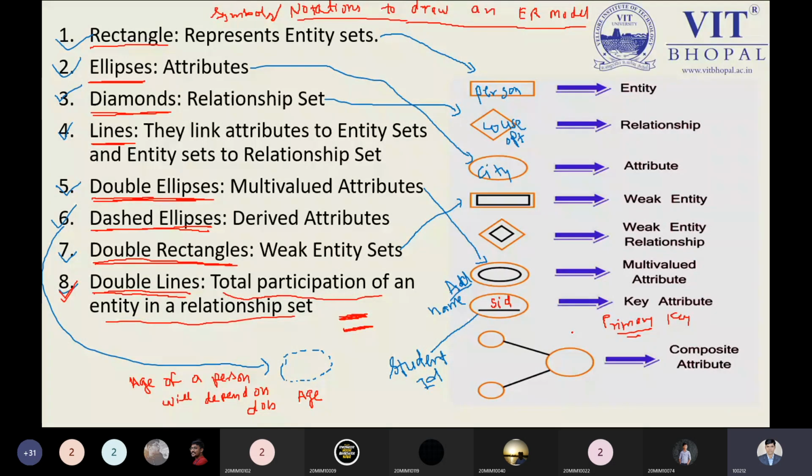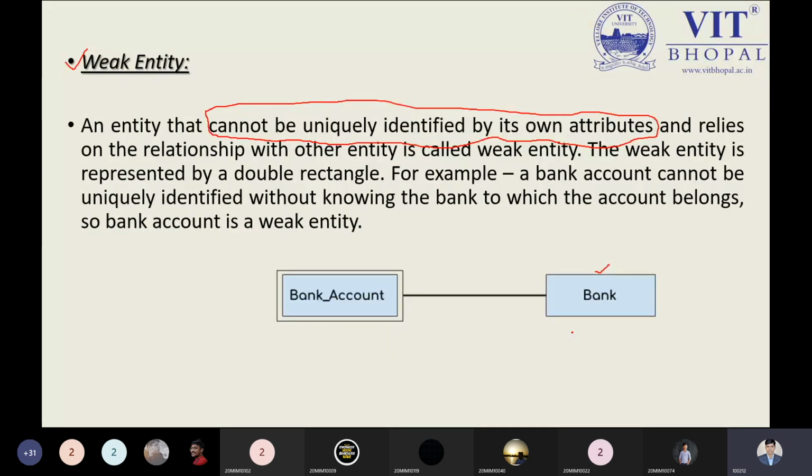In a bank account we have the bank account number and other details. In a bank we have many accounts, but we found that in a bank account we do not have a key attribute. It means we are not able to identify any customer account uniquely. Suppose we have this problem, then such an entity will be represented as a weak entity. Let me explain this example in a simple way.